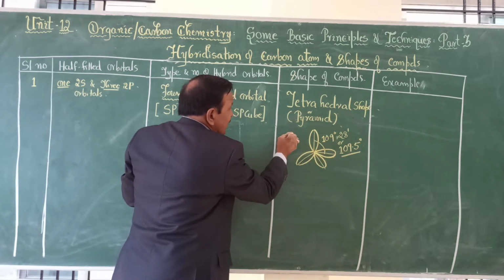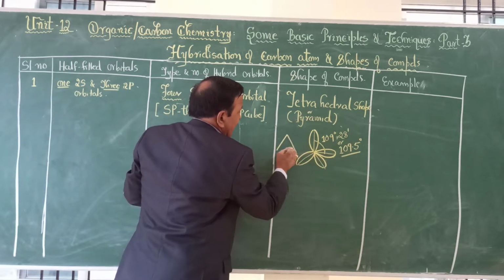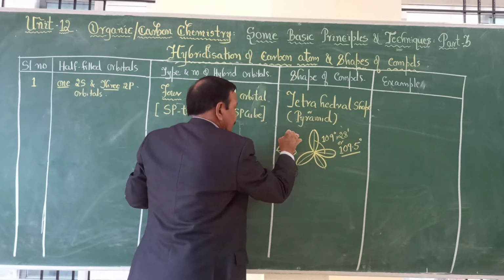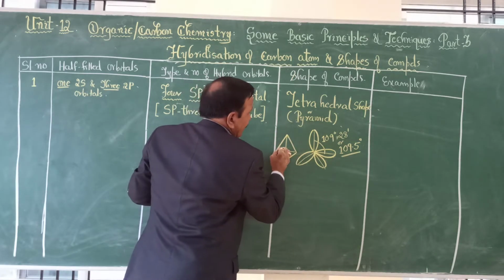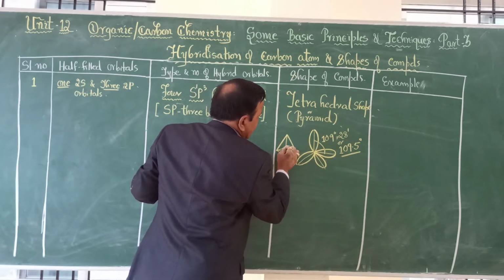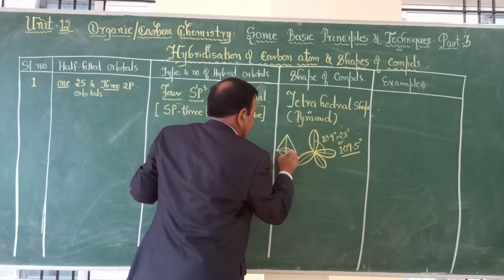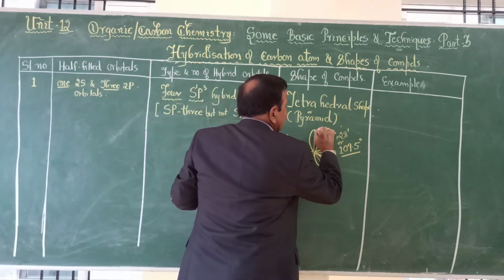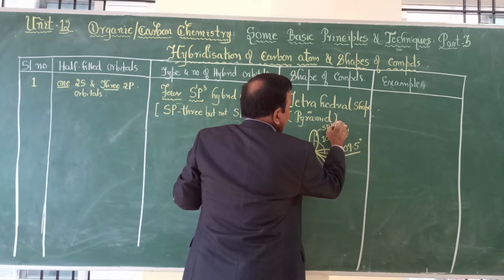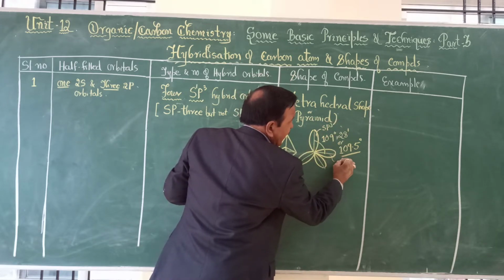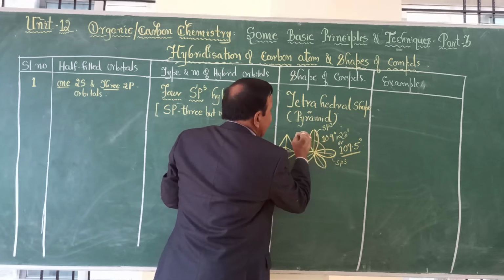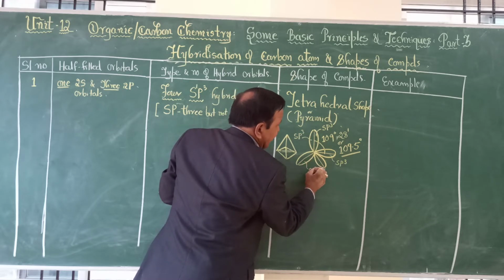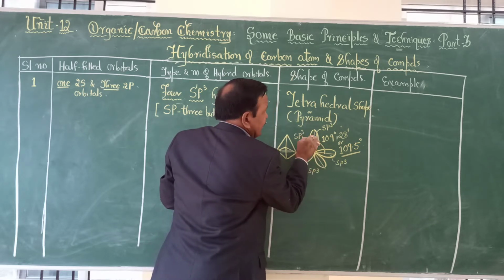And if you want simple shape, this will be the shape of pyramid. Okay? This will be the shape of pyramid, and you will get here, or you can have like this, the exact one if you want. This will be the shape of the pyramid. Here will be 1 point. And all these 4 orbitals are sp3, because they are obtained from combining 1s with 3p, and hence all are called sp3 hybrid orbitals.